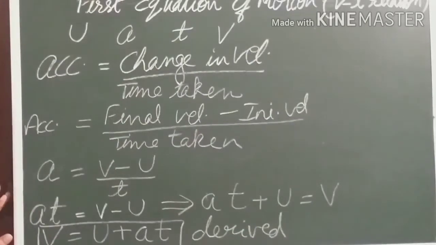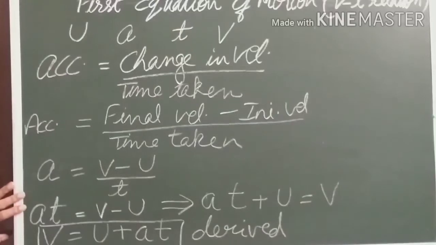So ये जो सारी equations हैं, that are for uniformly accelerated motion, and this first equation is also known as velocity time relationship, क्योंकि ये हमें बताते हैं कि within a time t velocity v कितनी है. Now in this equation, if we know any three values, we can easily calculate the fourth value.